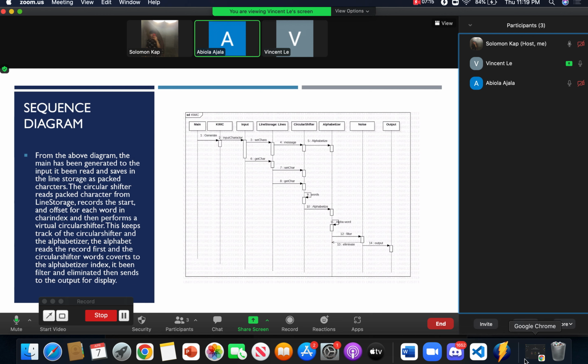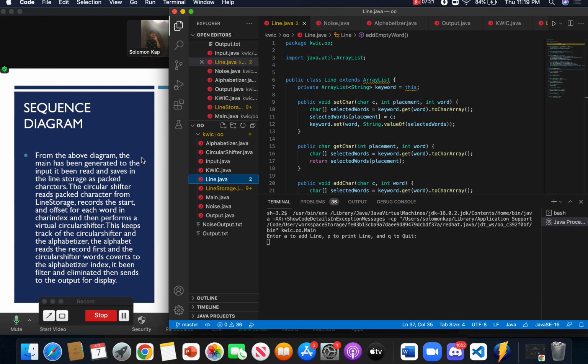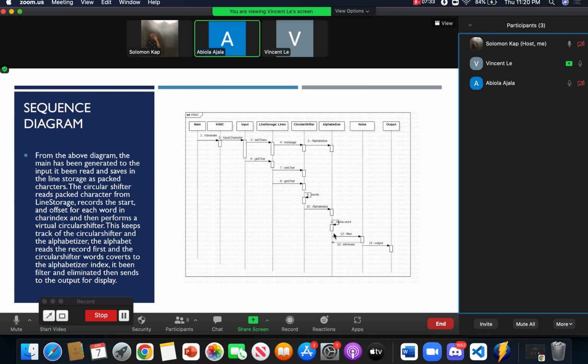So we just implement it together on our diagrams, and then we show that by sequence diagram and class diagram. So we have line, but we didn't really name it like that because it is part of line storage, and they are shared data, just as everything here is shared data and implemented with object oriented. So if we go to our class diagram,